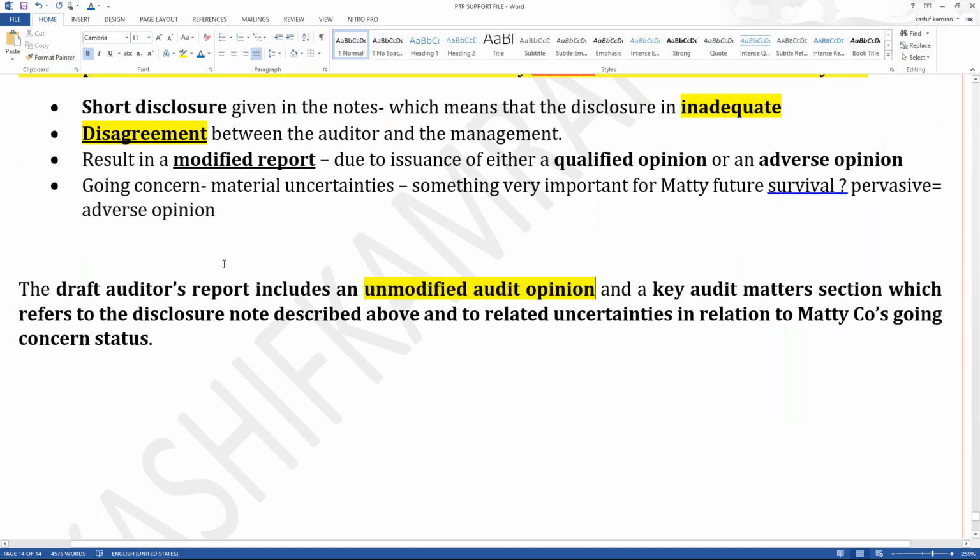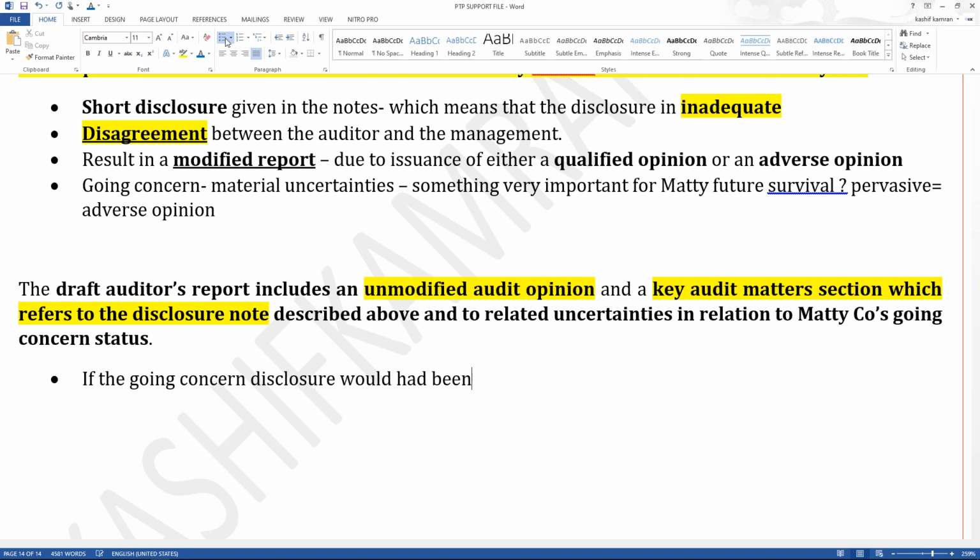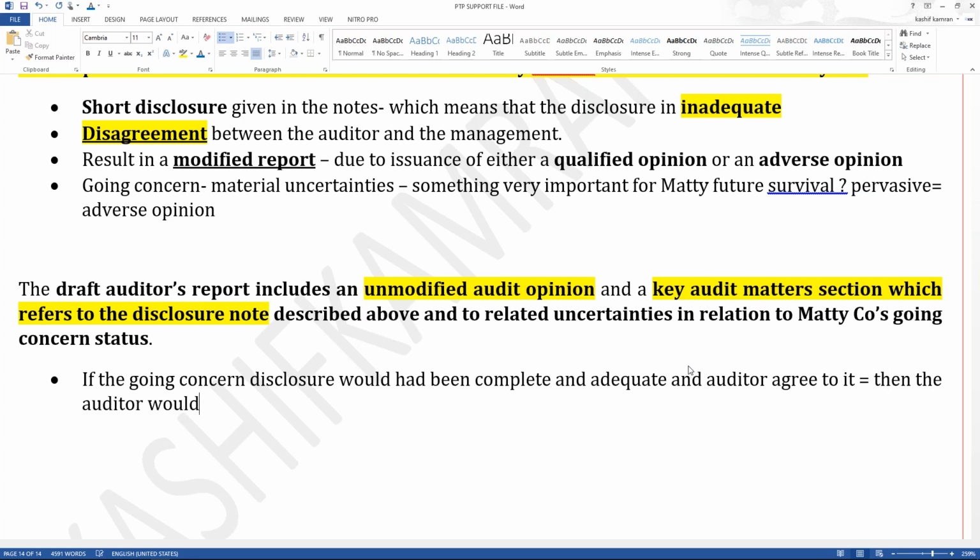You need to comment on the report. Is the report right? Is the report wrong? And we have also included a key audit matters section which refers to the disclosure note. Do we refer to the disclosure of a going concern in CAM? Understand. If the going concern disclosure had been complete and adequate, just imagine for a minute, and an auditor agreed to it, then what would have happened? Then the auditor would have added a para in the audit report